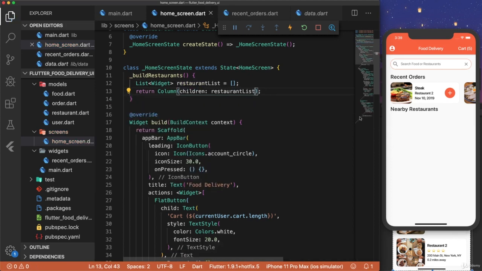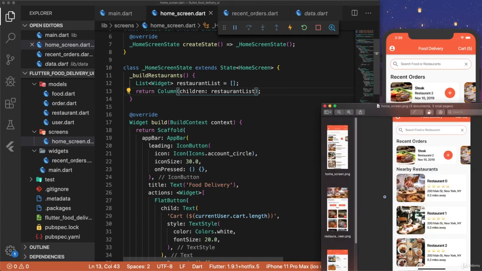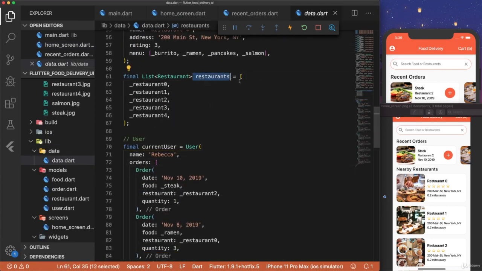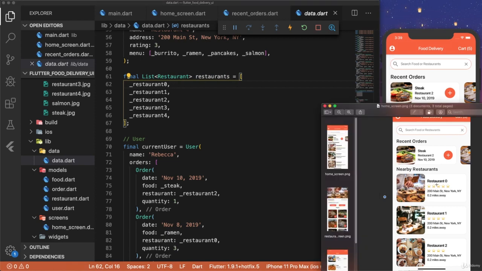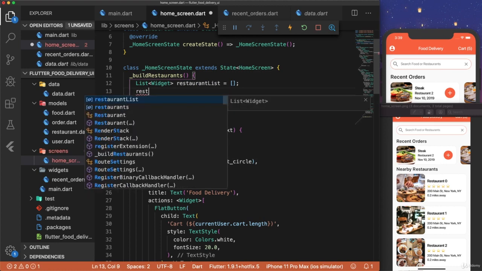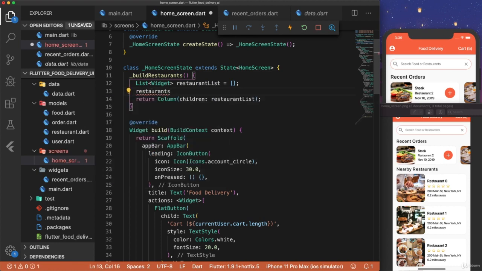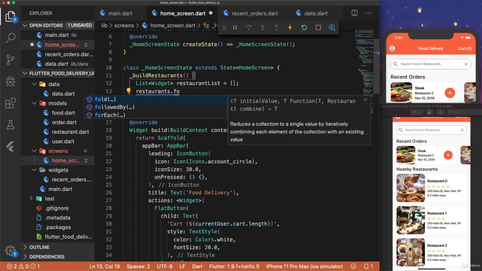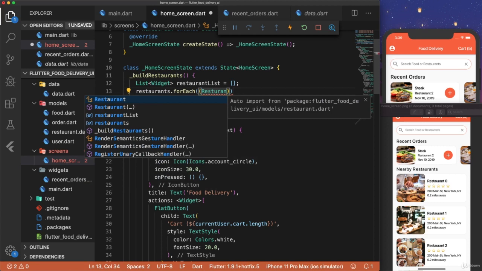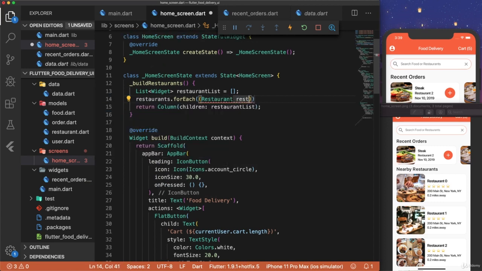Hit save. And now the plan is to loop through our restaurants list, which is in data.dart. So we're looping through our list of restaurants. And then for each restaurant, we're going to display the data and add it to our restaurant list, which gets returned in a column. So let's do restaurants dot for each. And here we get a restaurant, and make sure to import it, restaurant,